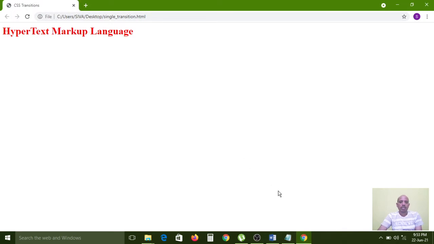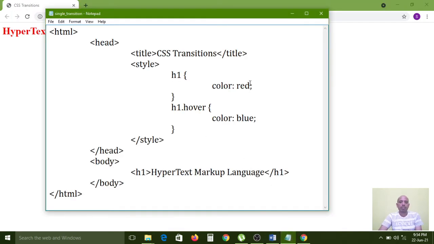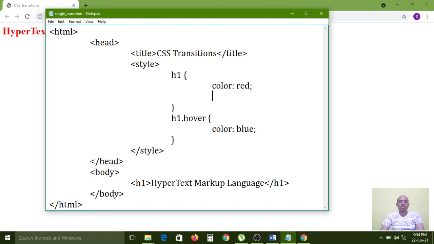Here one more property we have to use. The transition property we need to use. That is the main concept. Transition, on which property it needs to apply: color. So that's why I am giving color. Now I am saving this one.